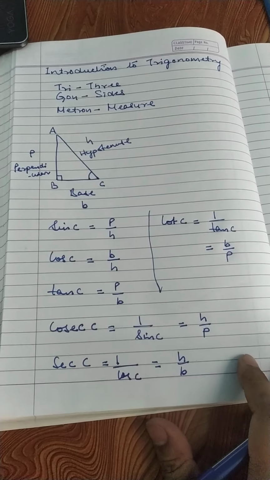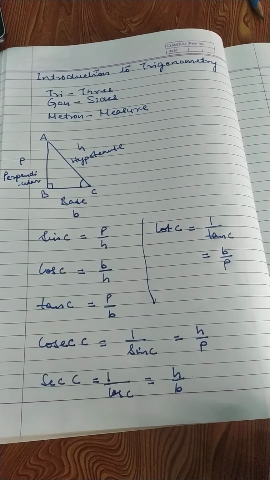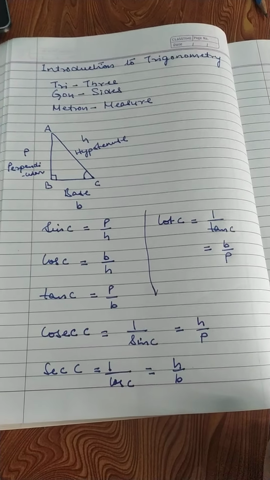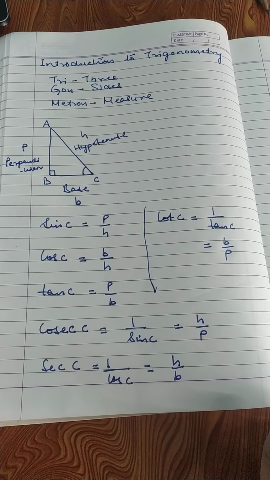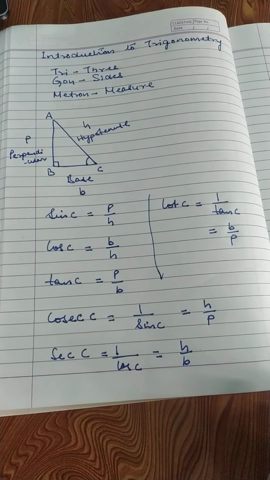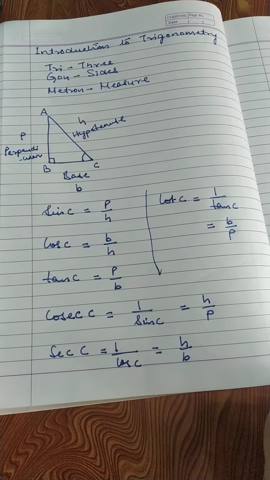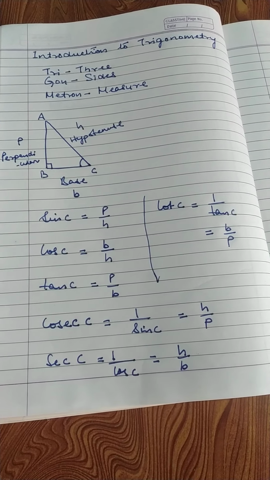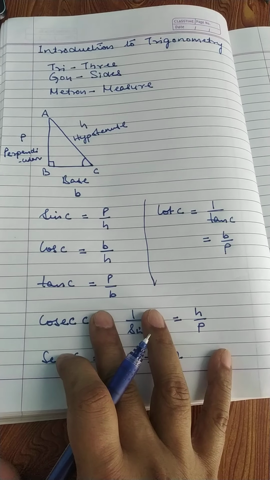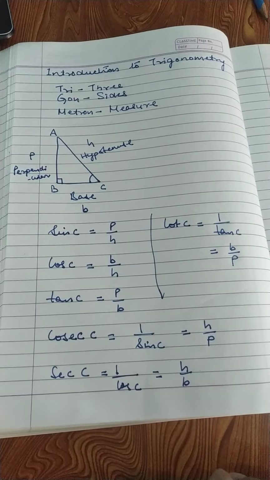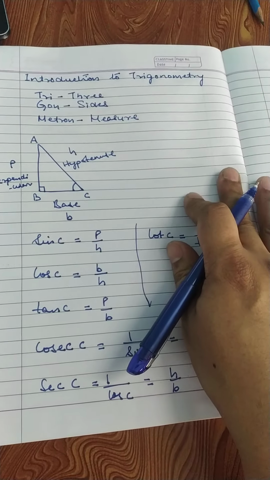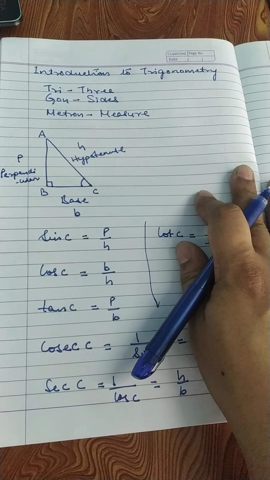So these trigonometrical ratios are defined like this. On the basis of these definitions, we are going to do lots of applications of trigonometry. To proceed further with the applications, at first we have to learn these formulae. The easiest way to learn these formulae is: